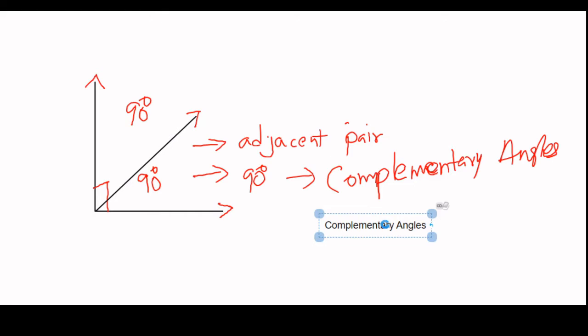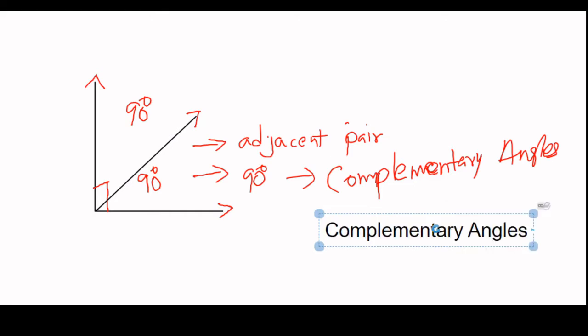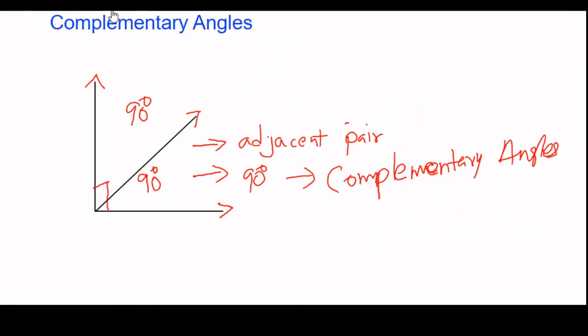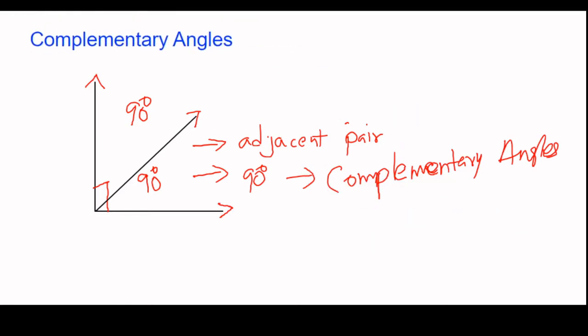Okay, these are complementary angles, and I am going to draw another pair of complementary angles. It can be like this. Suppose that there is an angle which has a measure less than 90 degrees. First of all, okay, here is an angle and it appears to be less than 90 degrees. Okay, now this is one angle. I am drawing one more angle.